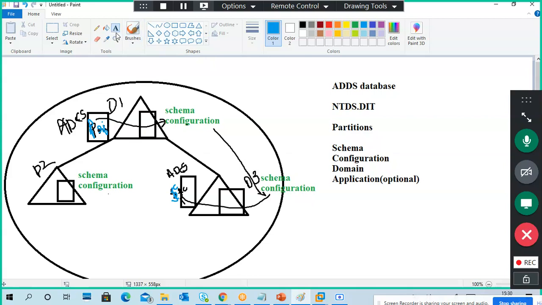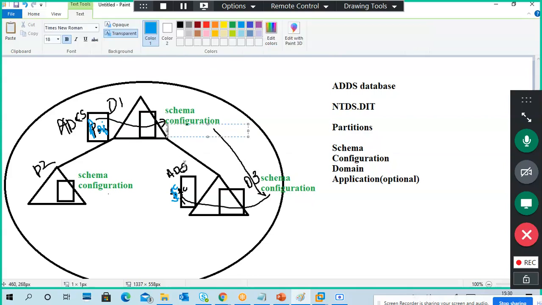So here I'm typing domain. Domain D1 means users in domain 1, groups in domain 1, OUs, and computer information.